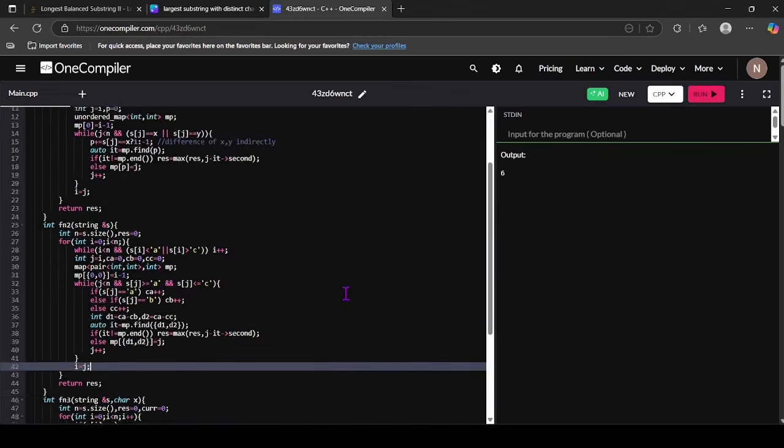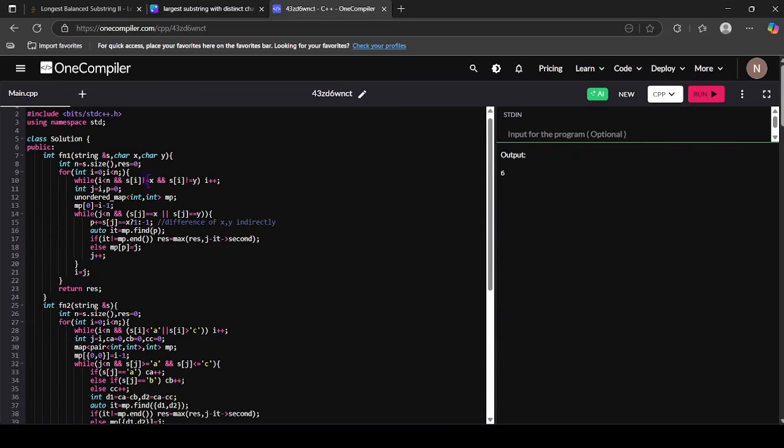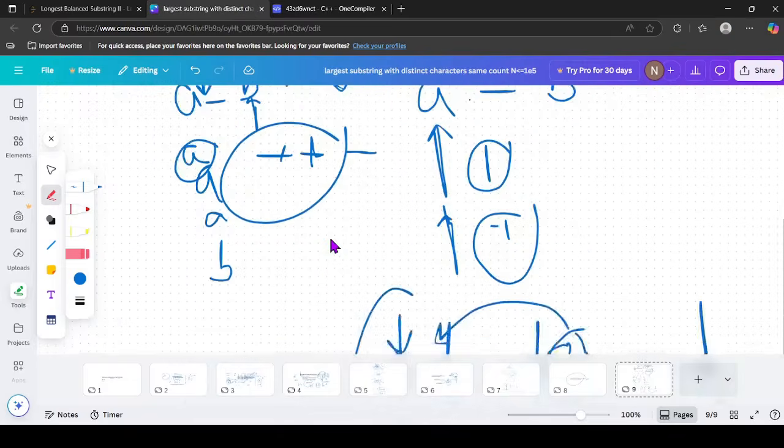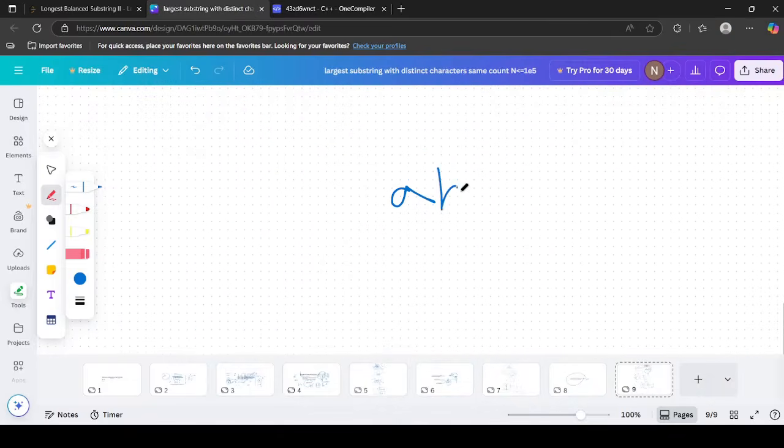Now coming to AB, BC or AC. We will traverse till either of them is reached. If the first character is C, then we will continue, right? Like if we reach until A, B are there, simply skip all the characters and then map of 0 is equal to i minus 1. Why i minus 1? Let's say we started traversing. So initially when we are at this,